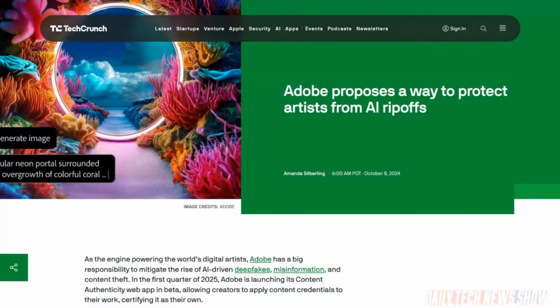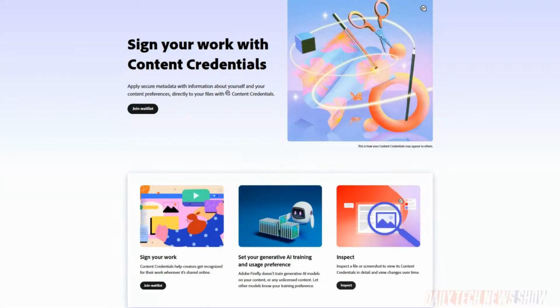Adobe is proposing a new way to protect digital artists from AI-driven deepfakes and content theft. The Content Authenticity web app, launching in Q1 of 2025, will offer creators an opportunity to apply content credentials to their work, certifying it as their own. If I made that piece of art, that is my piece of art.